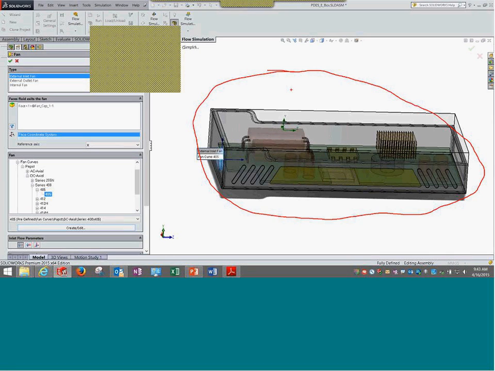But given a fan, it is efficient at a certain pressure drop in this system. It may be at another pressure drop in one more system. So depending on the resistance of the system, the fans are decided. And of course,